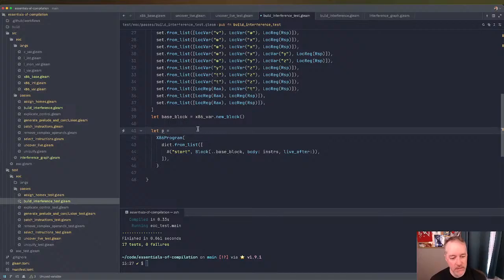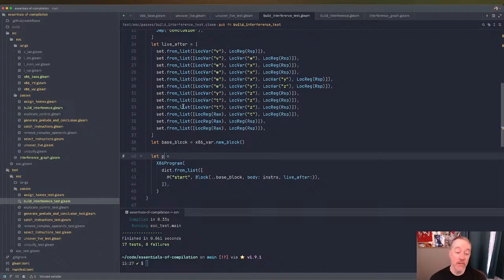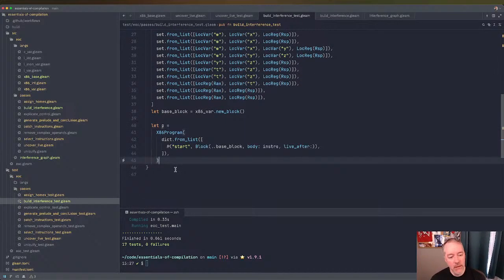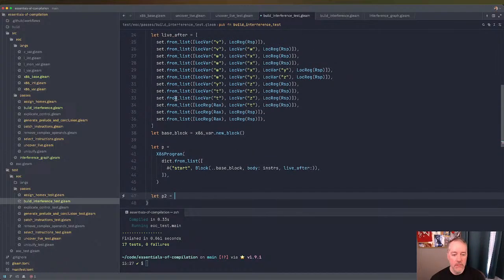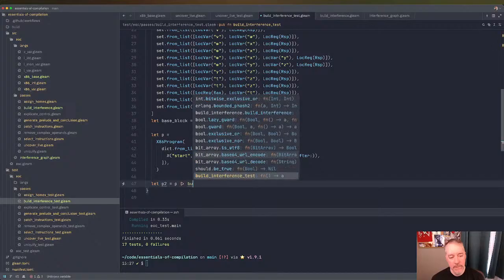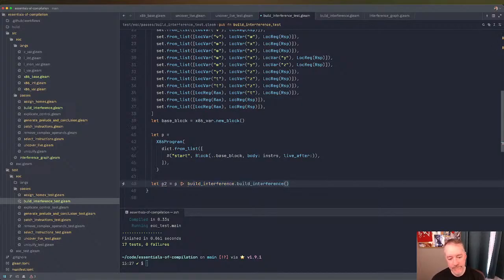So this is going to be P. This is our input program that we already verified in our other test, which has the correct live after set. So what I want to do is let P2, and I'm not going to test equality here. What I want to test is